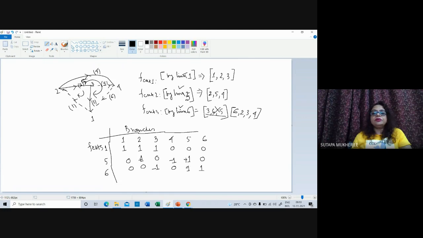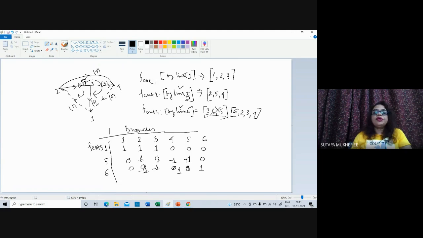So it will be 0. This is not associated, so it will be 1. Now direction. 6 direction is this, and it is the same direction. 6 will be plus 1. No problem. 2 direction is this, and the direction of the current is opposite. So 2 will be -1.